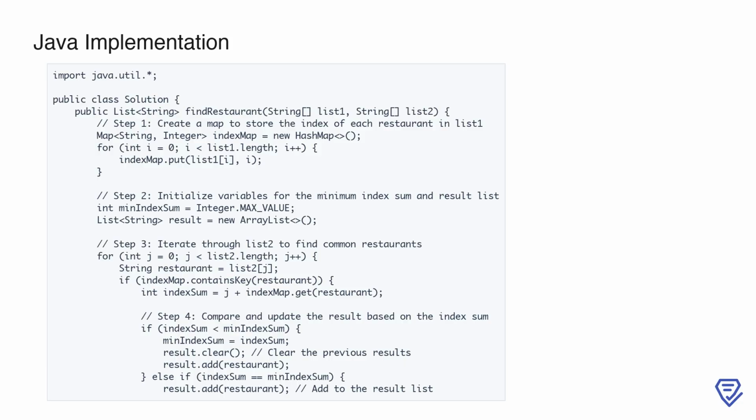Next, we initialize two variables, min_index_sum, which keeps track of the smallest index sum we've encountered so far, and result, a list to store the common restaurants that have this minimum index sum. Then, we iterate through list 2 using a for loop. For each restaurant in list 2, we check if it exists in indexMap. If it does, we calculate the index sum by adding the index of the restaurant in list 2 to its index from list 1. This prepares us to compare and determine if the current index sum is smaller than min